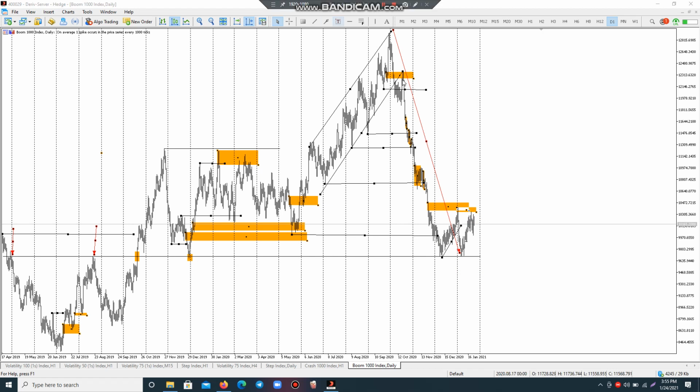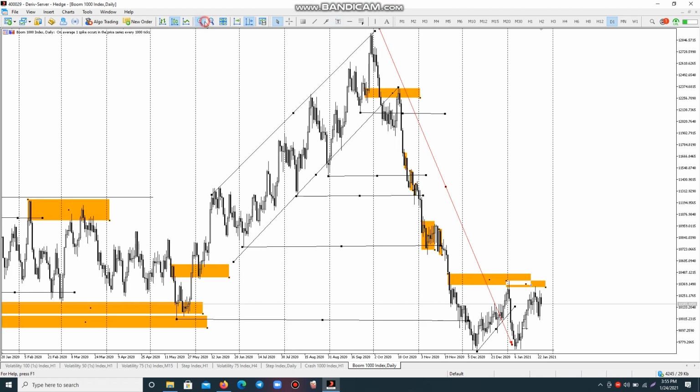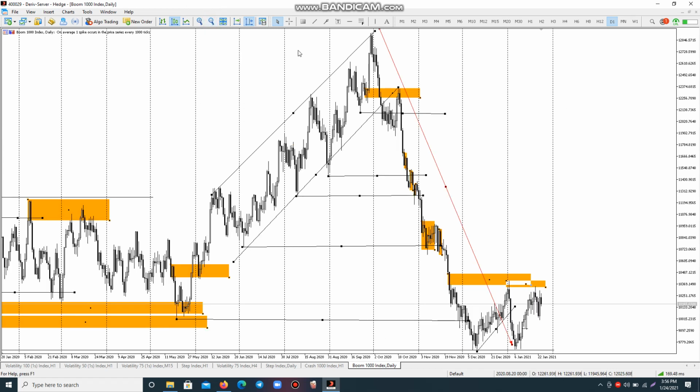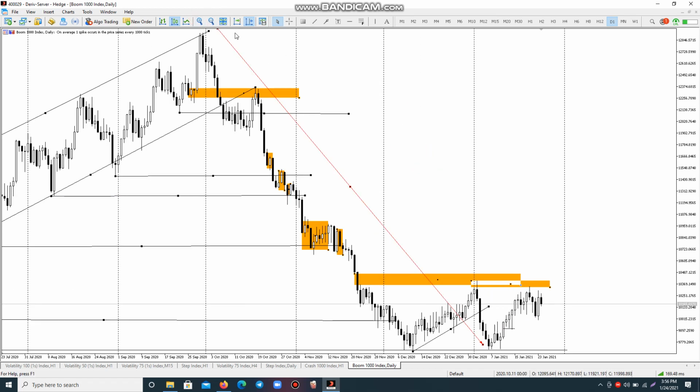So guys, when you are trading Boom and Crash, make sure you understand structure. Structure is king and is one thing that is so perfect. I'm sure I'm going to do another video where I do a full breakdown of this area, how you can check your entry and how you respect all this area. But I need you to watch this video and understand that it's not just spikes, but the proper movement of the market. Where the market is going, that is what you need to respect. Don't just go